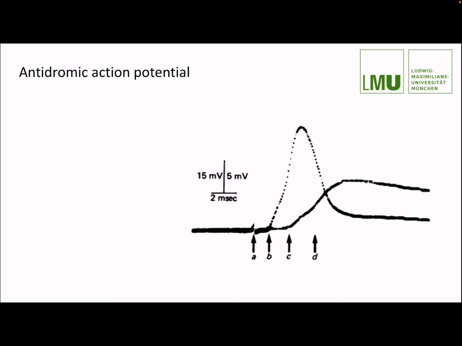And as you can see here in the first slide, we have two superimposed traces, the upper trace and the lower trace. The upper trace is supra threshold and shows the antidromic action potential with a latency between A and B of about 2 milliseconds. The lower trace is sub threshold,